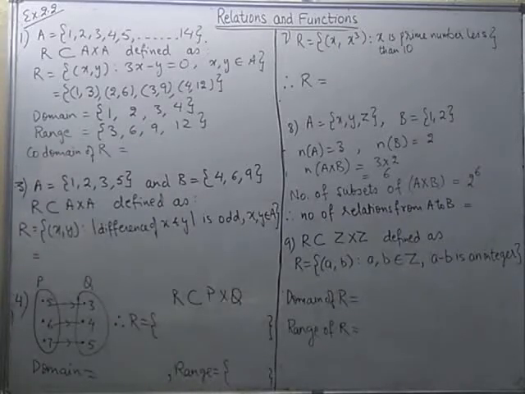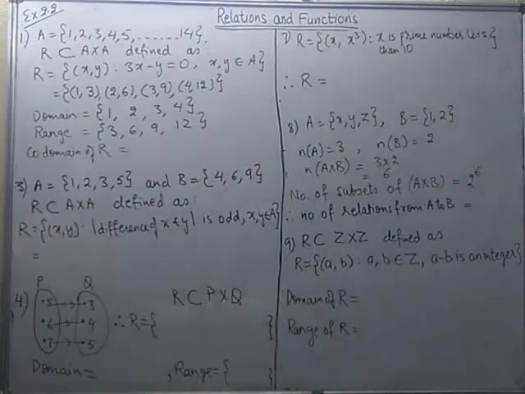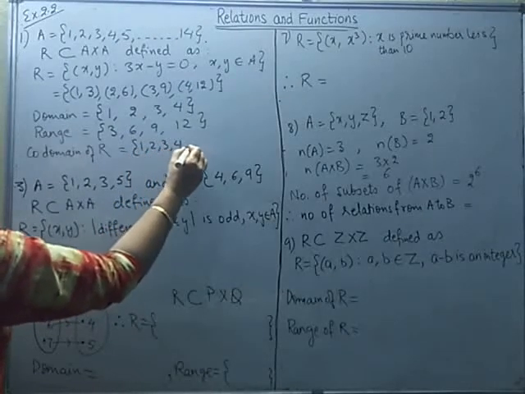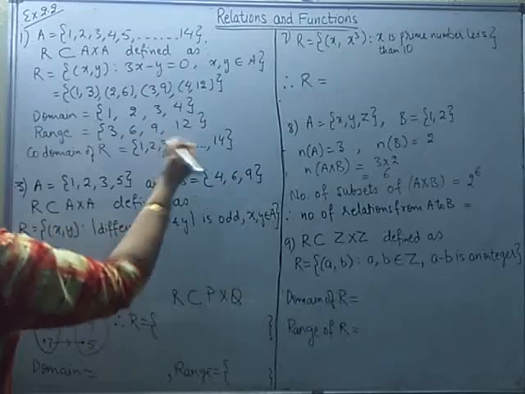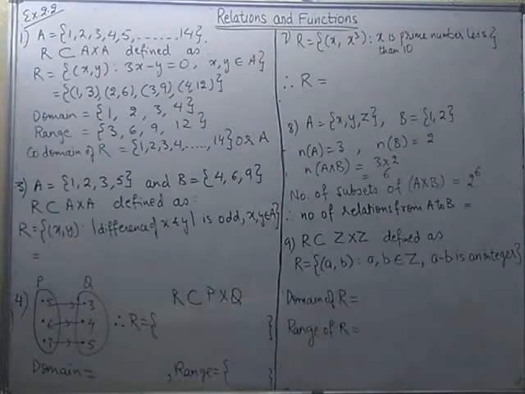Then comes codomain of R. As defined, codomain is the entire second set of which is defined from where mapping is taking place from one set to another, or relation is getting defined from one set to another. If you see here, the relation is defined from set A to set A. So elements of A are related to the elements of A. So our second set is also the set A only. So the codomain of R will be the entire second set, which will include all the natural numbers from 1 to 14. So either we can write this or we can simply write it as set A. So this is codomain of R.